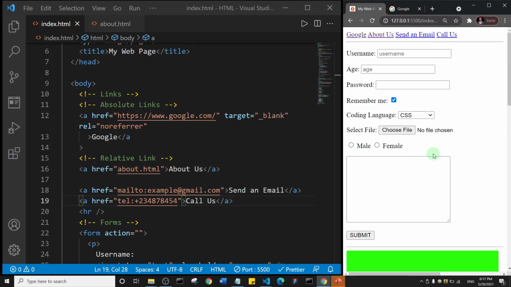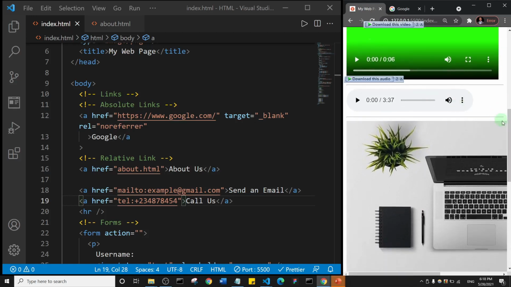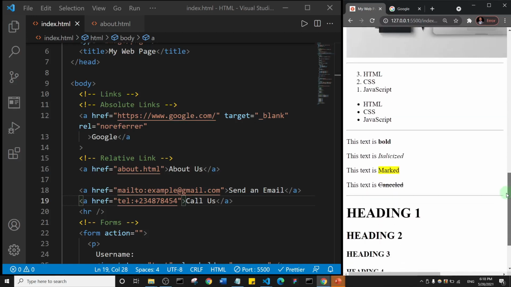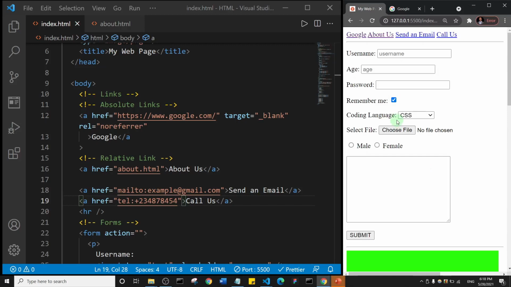There are two kinds of elements: the inline and the block element. For the basics, those are the two kinds of elements we need to focus on. The block element is an element that takes up the full width of its container. A typical example would be this heading or this paragraph. You see this heading is taking up the whole width. An inline element is an element that only takes up the space it needs on the page,